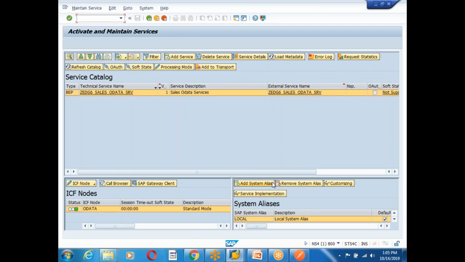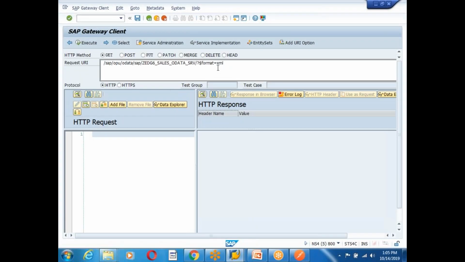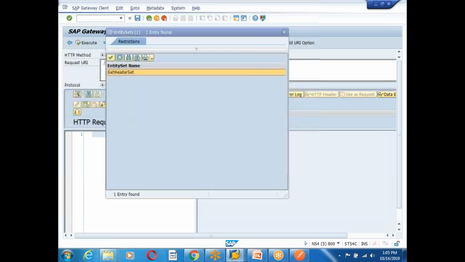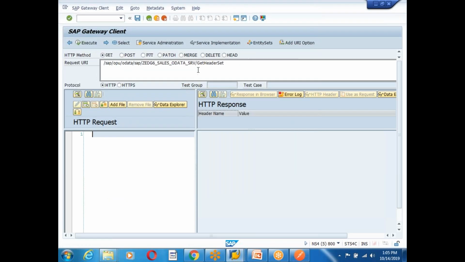Okay, from here I can go to the gateway client and take out this, so you can form the URL here itself if you are not good at it. See, so get entity set, right? Then question mark first, dollar